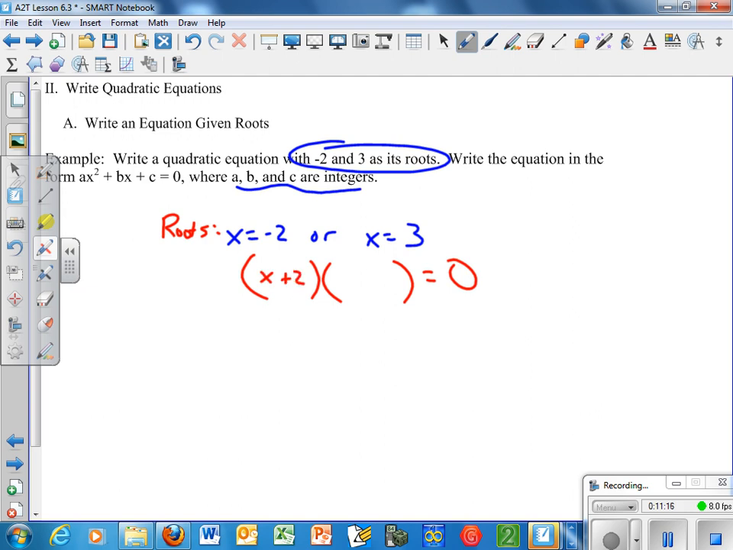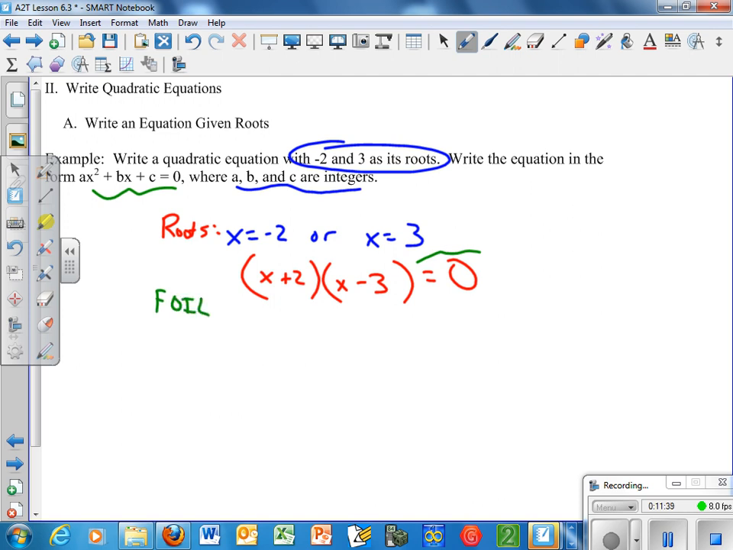Okay, kind of use the opposite sign there, because if I set that factor equal to 0, I'd get negative 2. This one would have to be x minus 3. Okay, and you must have the equals 0 part right here on there. Okay, to be a quadratic equation, you got to have the equal sign. Now, you want it in ax squared plus bx plus c equals 0 form, which means I now must FOIL